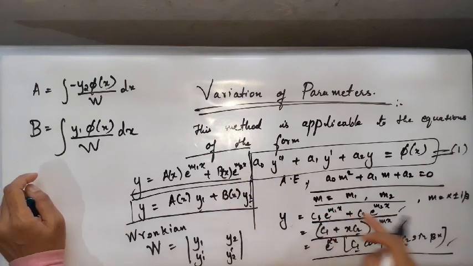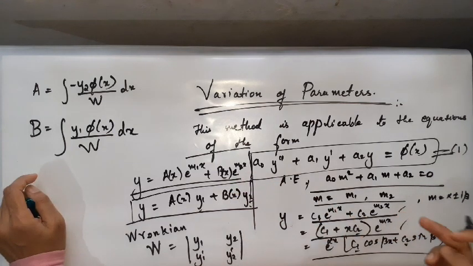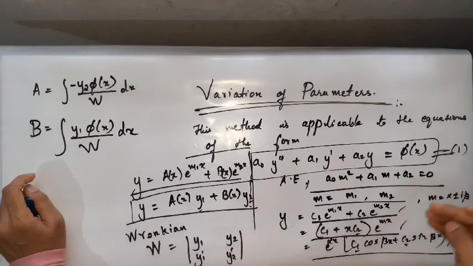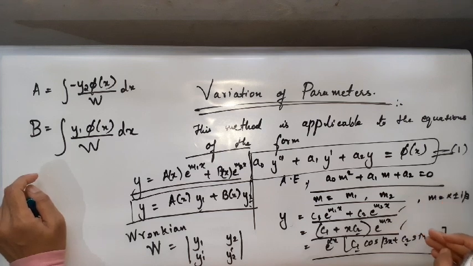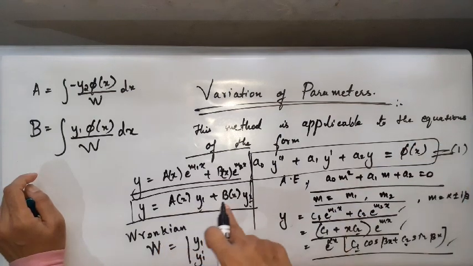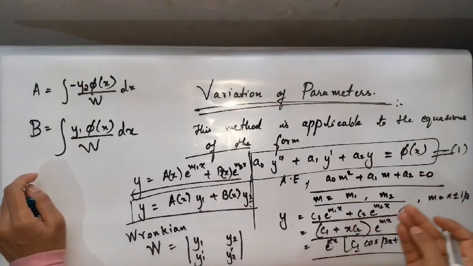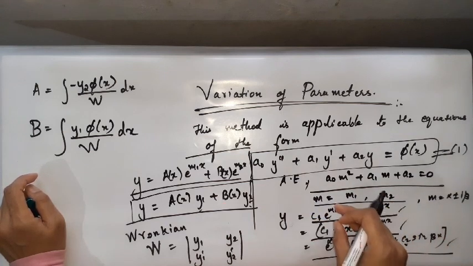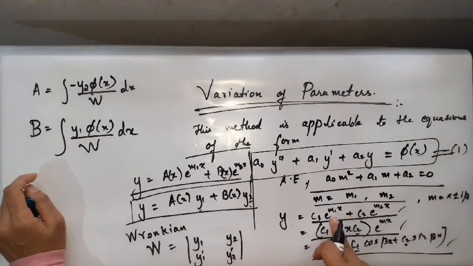Not only for the first type, you can go for it for the second, no matter, depends on the nature. When it comes to problems, you will clearly understand. The roots can be real and distinct, real and equal, or imaginary roots. Obviously you will be using two constants there, c1 and c2, and in place of those arbitrary constants I am going to use arbitrary functions a and b. Associated with those c1 and c2 there will be certain functions of x. Here you just see e to power m1 x, e to power m2 x. They are associated with c1 and c2, or no?